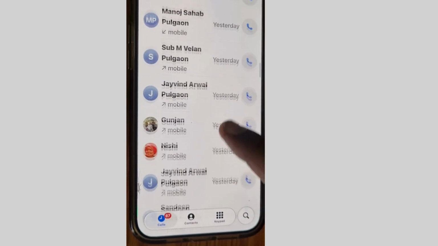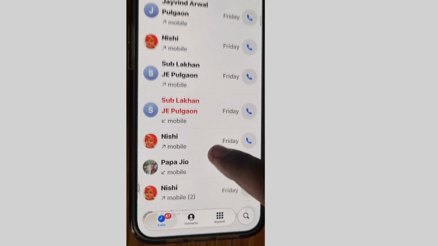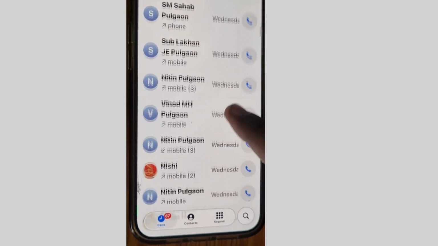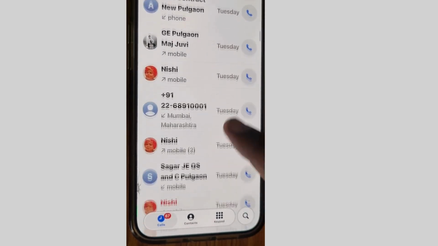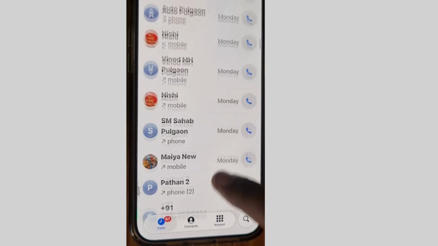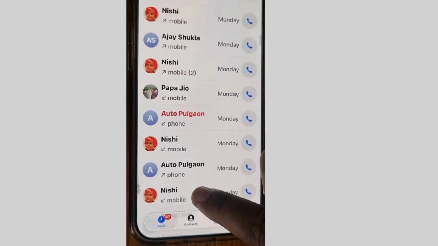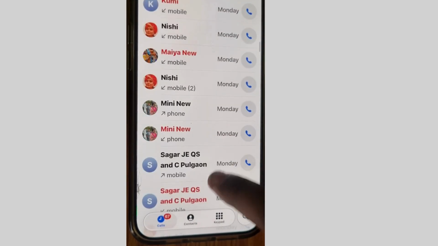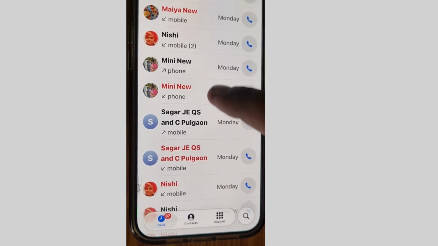Go to your phone app and here go to recent calls and look for any missed call. You can easily set a reminder for your missed call in future. So if you want to, go to any missed call and slightly slide left side,